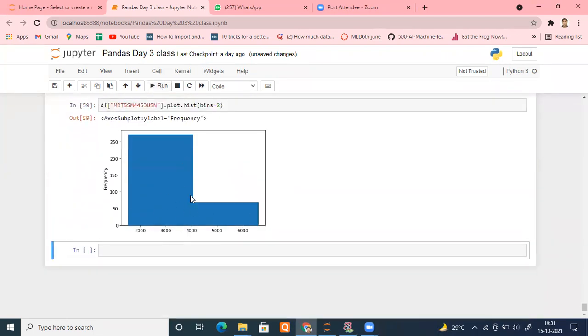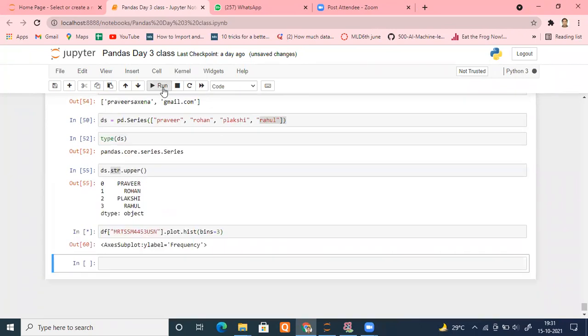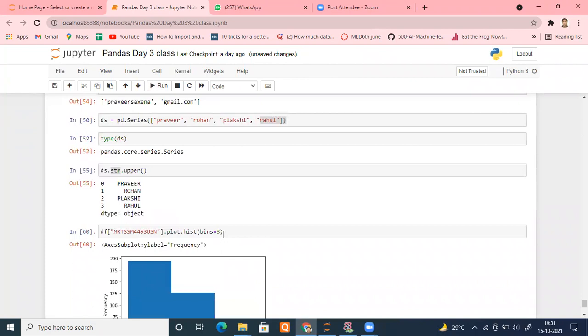Most of the values are between 2000 to 4000, and 4000 to 6000 has very few values. Make it bigger, 3, and I get more clear details. Most of the values are around 2000 to 3000, less in 3000 to 4000, a bit lesser in 4000 to 5000, and very few in 5000 to 6000. Let's make it 4 now.